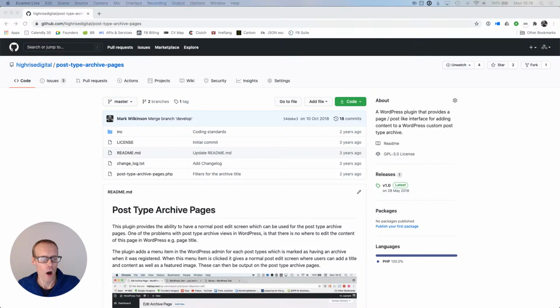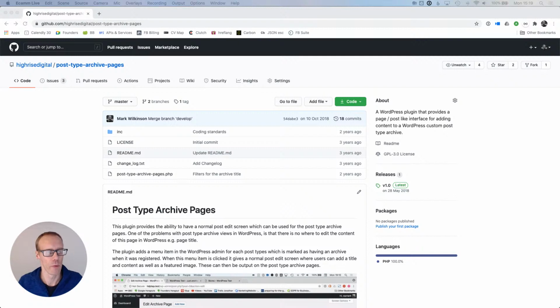But obviously with the block editor coming along, it's not rendered this defunct and not usable, but I just thought it could have a lot more enhancements and it could actually be a little bit more refined and better. So I thought what we'd do is have a look at rebuilding this plugin so that it is much better and it works with the block editor,